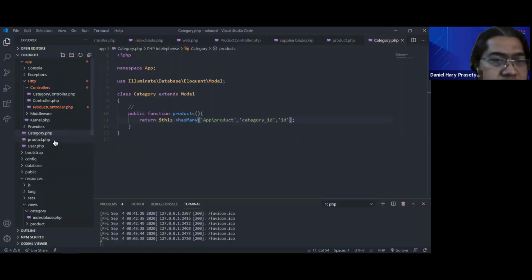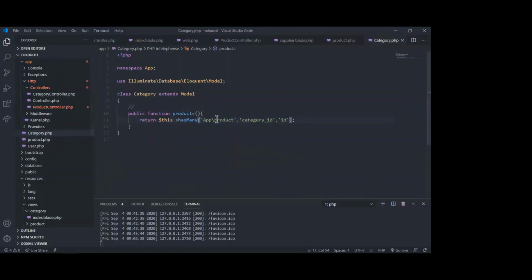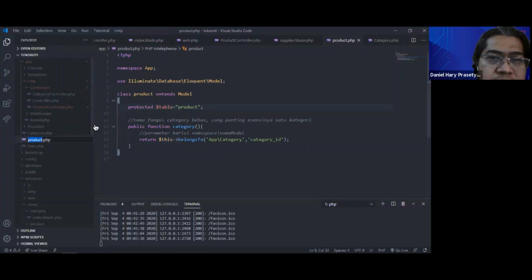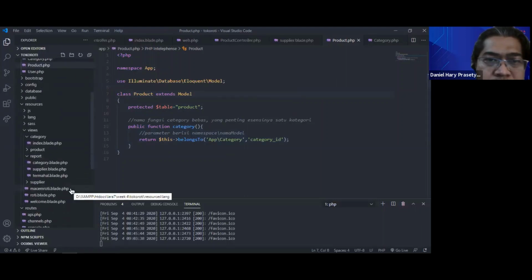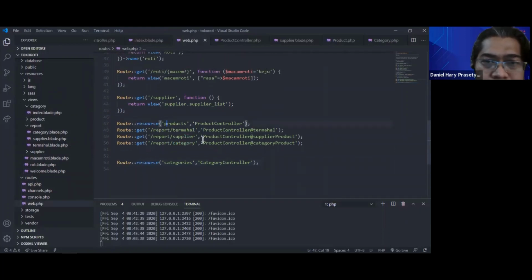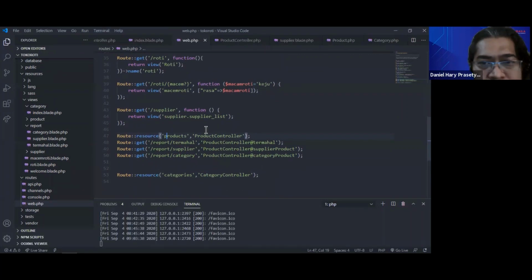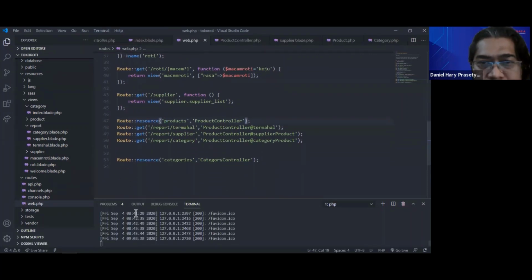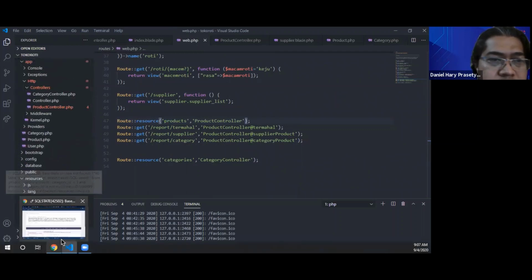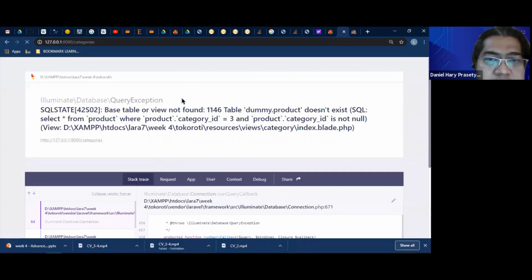Okay, sir. You rename it with capital P, and also the file you rename it, and the class also. This one class in row 7. Okay. Again, in product model.